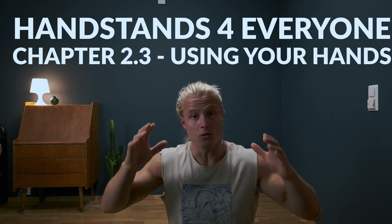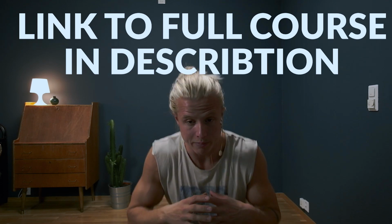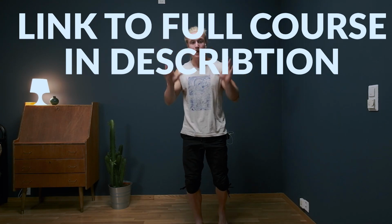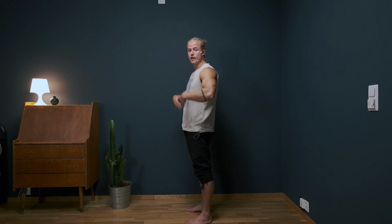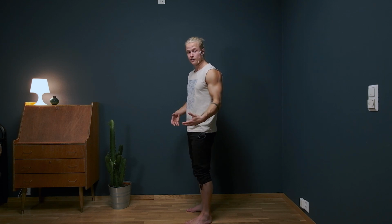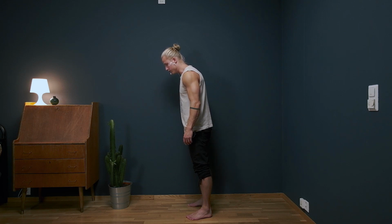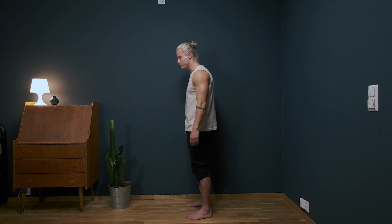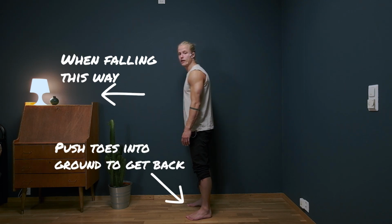Now let's get into what's actually happening when we are balancing a handstand. So basically, we are using our hands as feet. The whole idea is to try and make our whole body more or less like a stick, and then we use our hands as feet. So whenever we sort of lose balance forwards or backwards, we push our toes in order to get back like